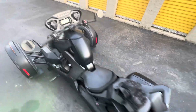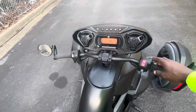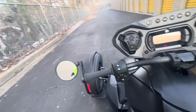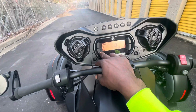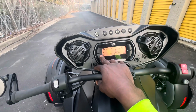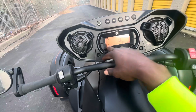All right, let's crank this thing up and show y'all what this thing do. So I'm gonna go ahead and crank this thing up and move this bike for y'all. Let y'all see that this bike is very fun. You have different features on here. Pretty much settings, RPM, fuel stat, autonomy, and pretty much,